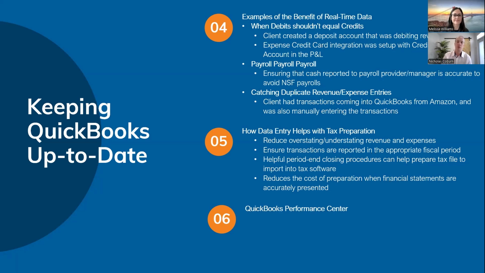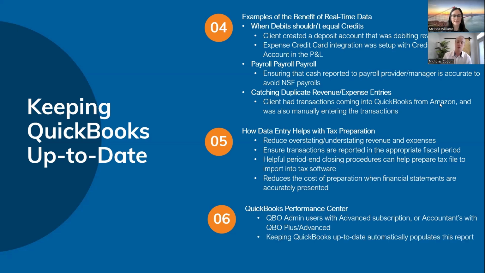And I previously mentioned this, but definitely reach out to your accountant. If you don't have an admin user, if you have an accountant, they have access to the Performance Center. It is a phenomenal tool, where literally every report and ratio that we talked about today is in this Performance Center, and it auto-populates as long as your books are up to date. So definitely as a bonus, give your accountant a call and say, hey, I know that exists. Instead of digging down and trying to get the data yourself, especially if you're not financially that literate, it's a great, easy to use tool, with graphs and everything. So would recommend that for sure.